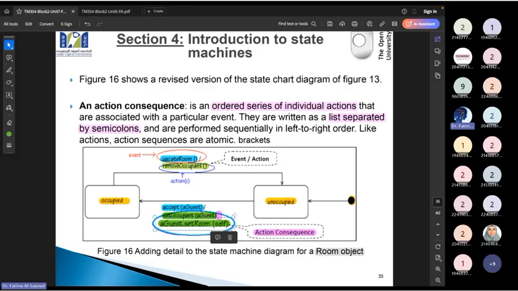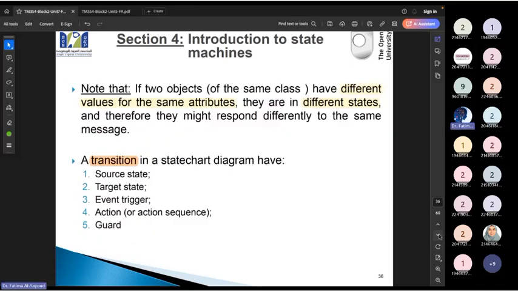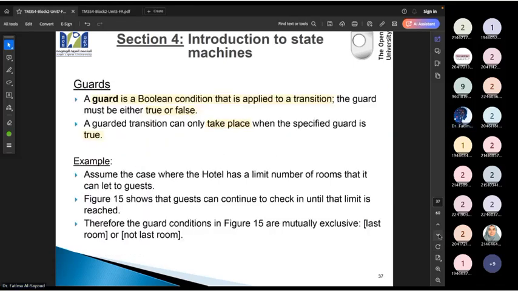We can also have one more thing, which is the guard. We will see how we're going to represent the guard. Okay? So the guard is what we always know about it. It's a Boolean expression. It's going to be true or false. So whenever that's true, we will apply the event.